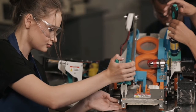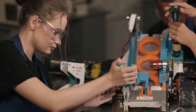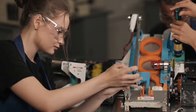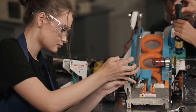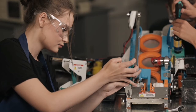So now we will take a look at the advantages of the turbocharger. In addition to the extra power, turbochargers are sometimes referred to as devices that offer free power, because unlike superchargers, it does not require engine power to drive it. The hot and expanding gases coming out from the engine are what power a turbocharger, so there is no drain